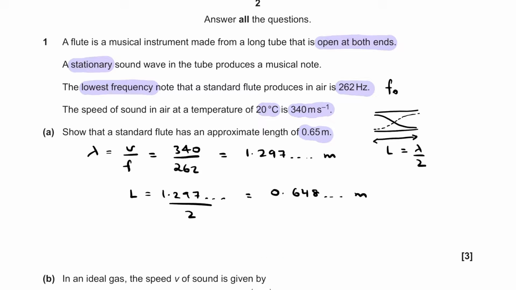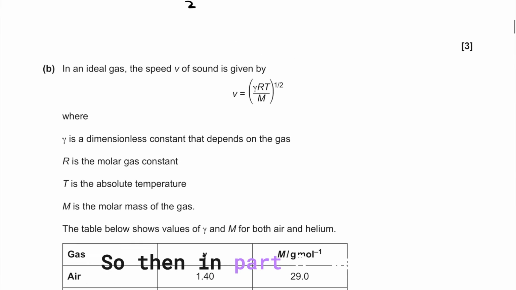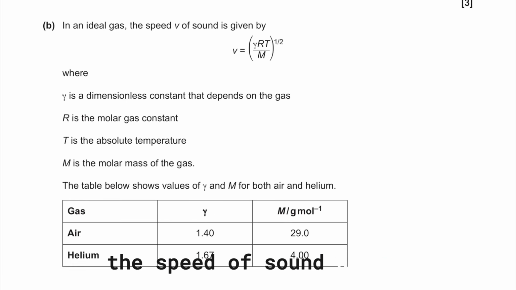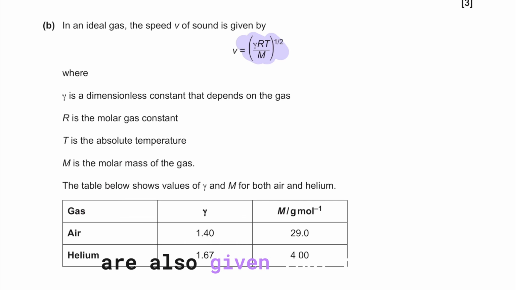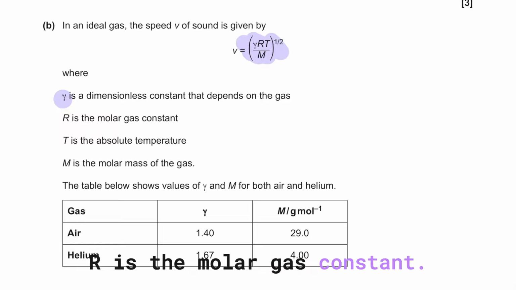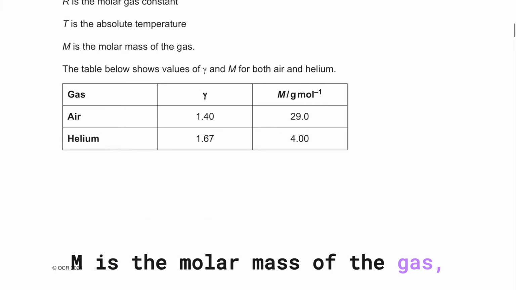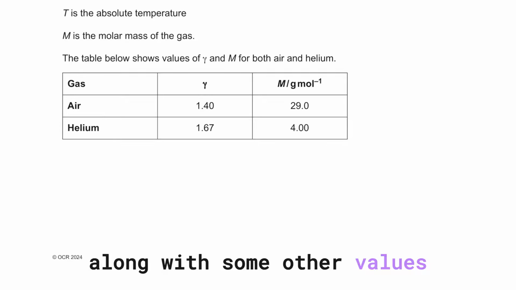meters. So then in part B, we have been given an equation for the speed of sound, and we are also given that gamma is just a dimensionless constant that depends on the gas, R is the molar gas constant, T is the absolute temperature, M is the molar mass of the gas, along with some other values as well